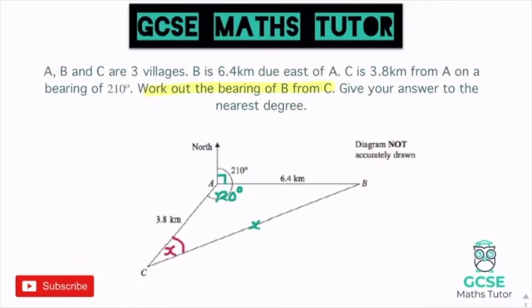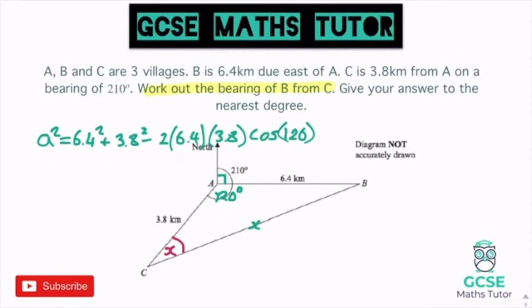So we did a squared equals the other two lengths squared, so we had 6.4 squared plus 3.8 squared minus 2 times 6.4 times 3.8 cos 120. Right, there we go. I'm going to square root that all in one go, just to get the value of a nice and quick. So I'm going to do the square root of 6.4 squared plus 3.8 squared minus 2 times 6.4 times 3.8 cos 120. Pressing equals, there we go, and we get our value here, which was